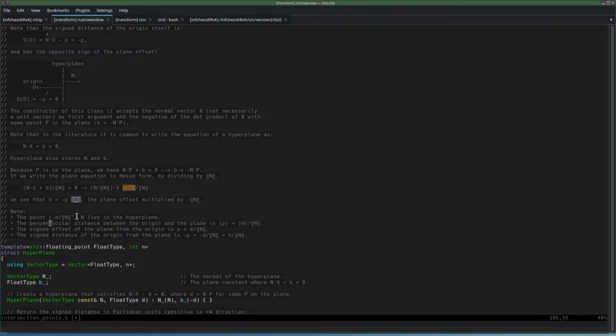Maybe you can go through rho. So to use rho first, the point that actually lies in the hyperplane is, I think, rho times n. Rho times n hat, I mean. Yeah, so we have rho is the plane offset, which means that if you multiply rho with n hat,